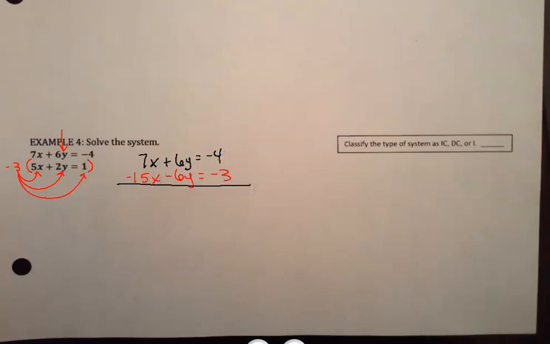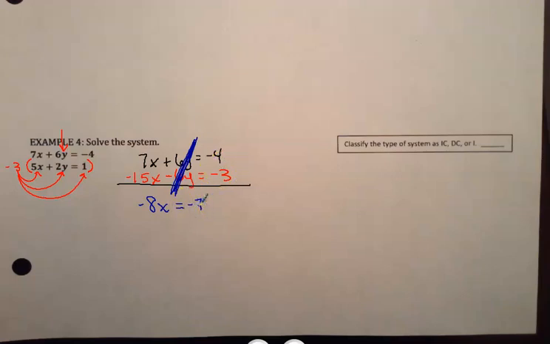But notice, I now have a positive 6y and a negative 6y, so they equal 0. I have eliminated my y variable. It's gone. Now I can do the rest. 7x minus 15x. 7 minus 15 is going to give me a negative 8x equals negative 4 minus 3